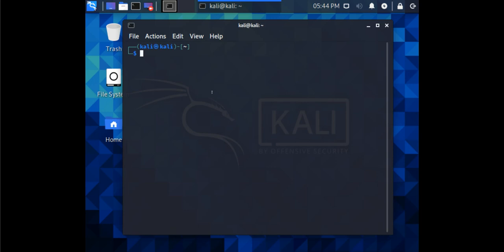If you want to run any root command, that means any administrator's command, then we can use the sudo command. We can just use sudo to run any administrator commands. So remember, when I run any command with sudo, that means I am running this command with administrator privilege, that is root privilege. And the default user here, kali, has all the permissions through sudo. Sudo means super user do. So it does not require root, it can do anything.